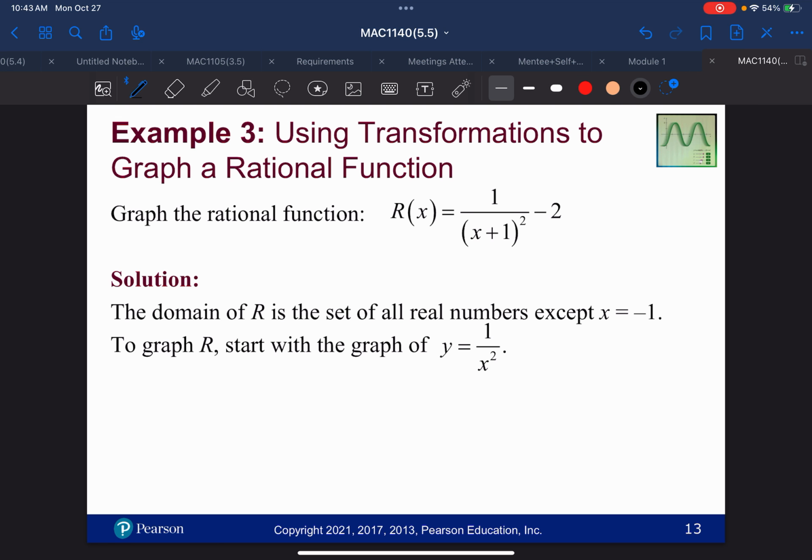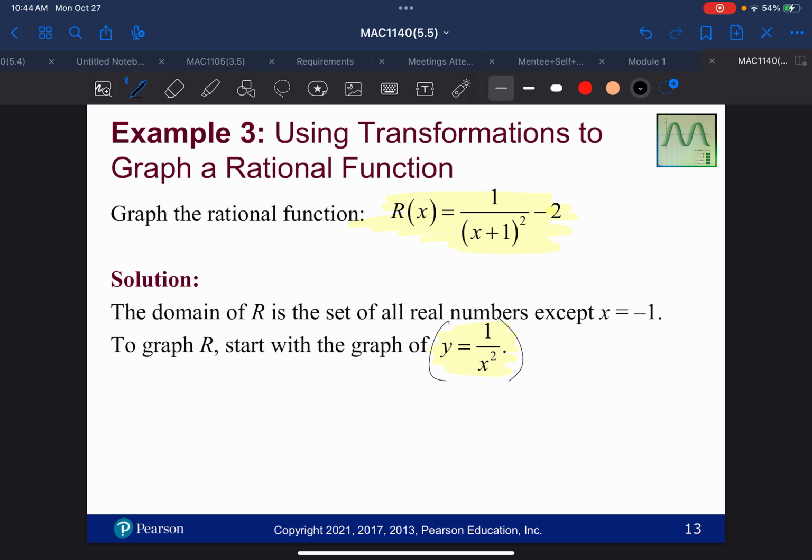Okay, so now let's use our transformation knowledge that we learned about to graph this next function using that function we just analyzed, 1 over x squared. So this function is r of x is equal to 1 divided by (x plus 1) all squared minus 2. And so we can use this base graph here, 1 over x squared, and graph this using